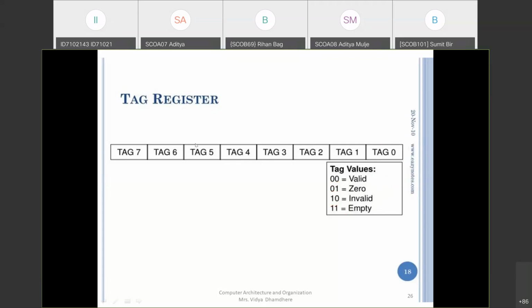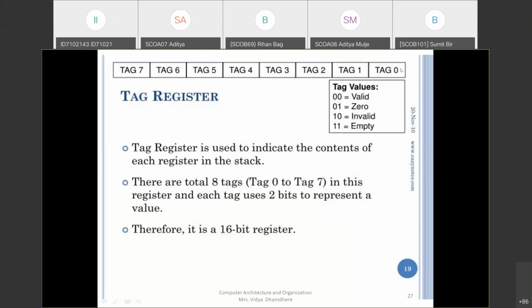Now moving to the next part, as I explained, the tag register indicates the content of each register in the stack. A total of 8 stack registers are there, and each register has the capacity to store 80 bits, which I explained in the architecture diagram of the 8087. The tag register is used to indicate what the content is in each stack register.